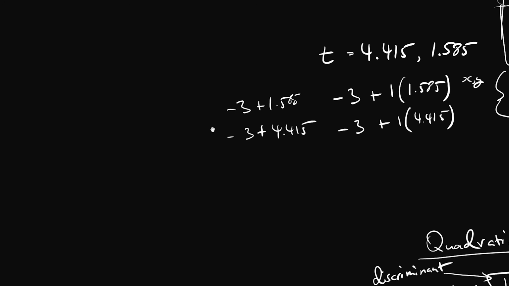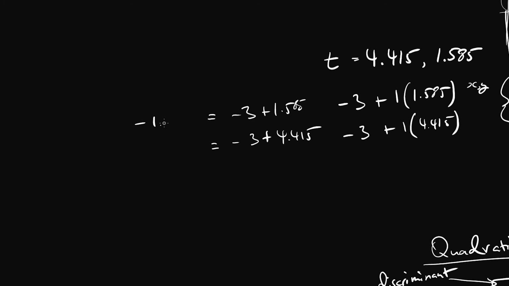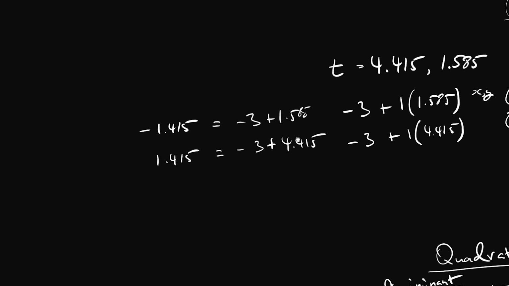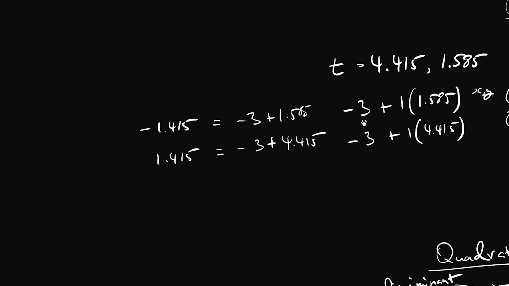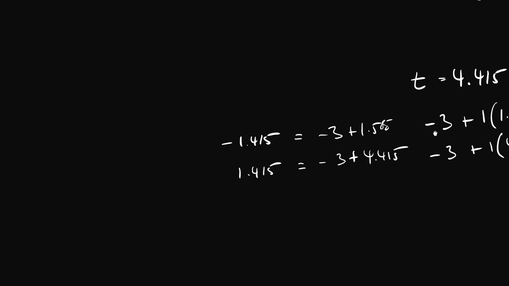So if we actually do the math here, then we're going to get negative 1.415 for this result here and positive 1.415 for this result here. Now remember, because the x and y here were identical, I just haven't done this twice, but it would be the same, right? We would just do it twice for the x and for the y. Then what we're actually left with is an identical x and y coordinate, 1.415.